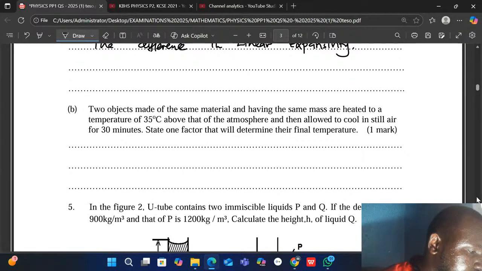4b, two objects made of the same material and having the same mass are heated